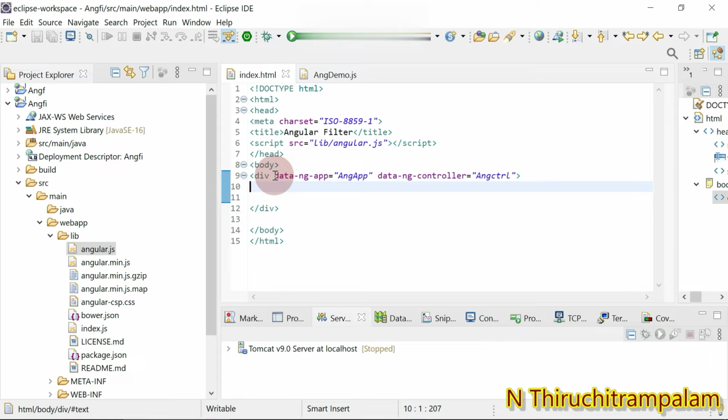Now within this, I create the label first name, and then an input element with type attribute equal to text, and here I make use of ng-model, which is used to bind the data between the model and the view page.